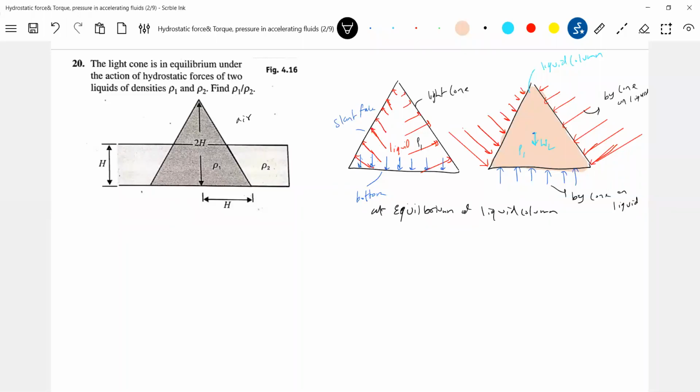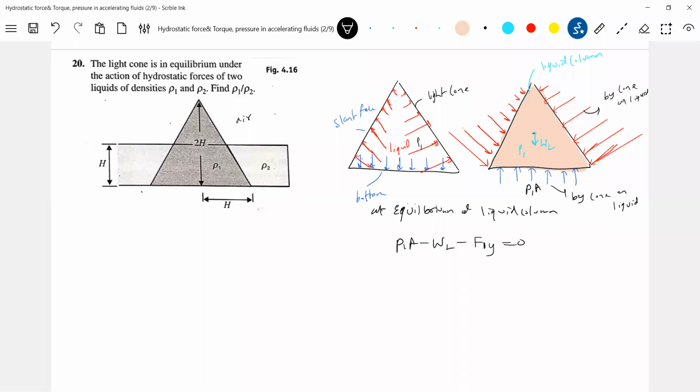So what are the forces that are acting? The base will exert a force P1 into A, and the net force exerted by the slant face, let me call that F1, will be directed vertically down. That is the force exerted by the cone on the liquid column. So I'll write it here: P1A minus weight of the liquid minus F1y